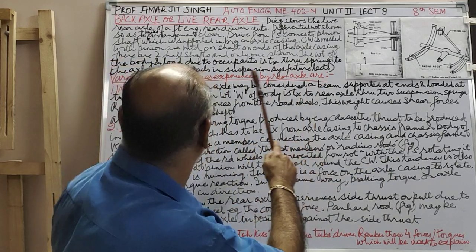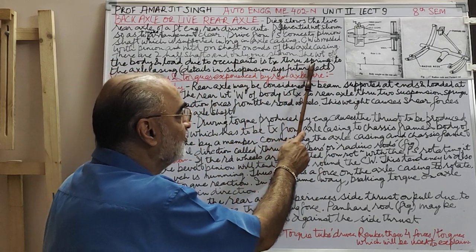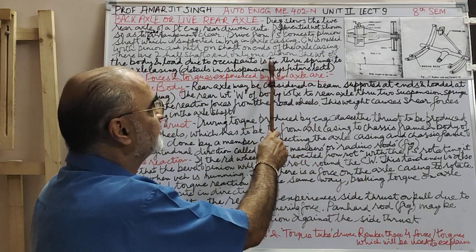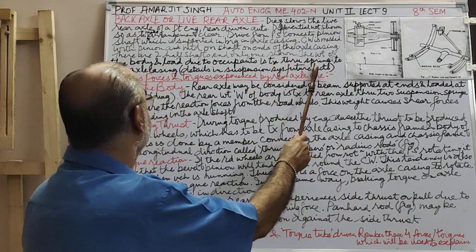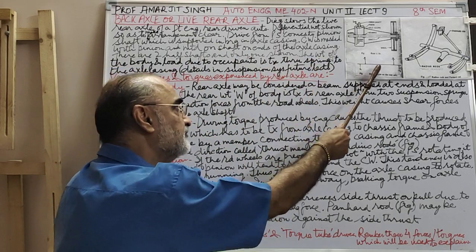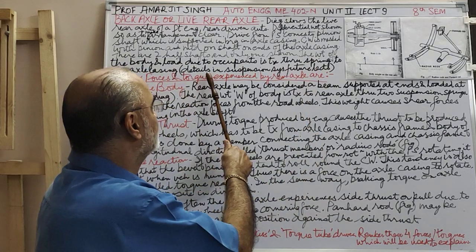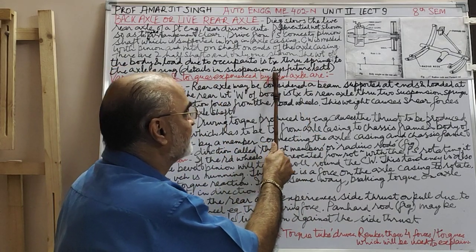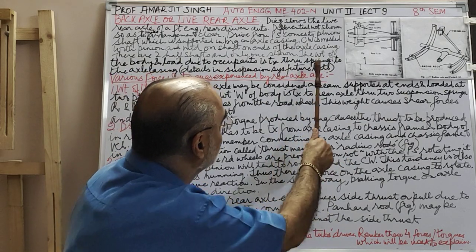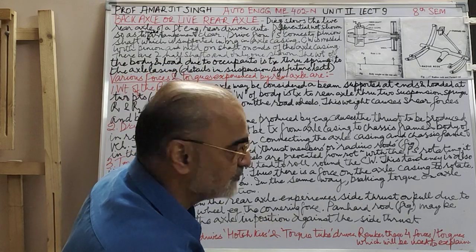So, the weight of the body and the load due to occupants is transmitted through the springs. This needs to be remembered to understand the drives which will come ahead. It's transmitted through the springs, from the springs to the axle casing. Remember this, it does not come directly to the axle casing but through the road springs. These details we will understand in the suspension system in the future lectures, but always remember it comes through the spring, the weight of the body and even other forces.